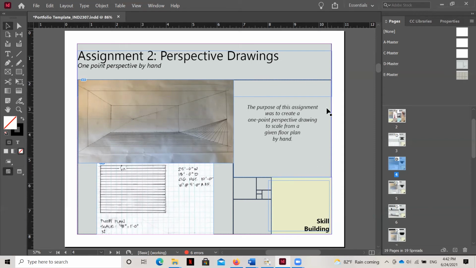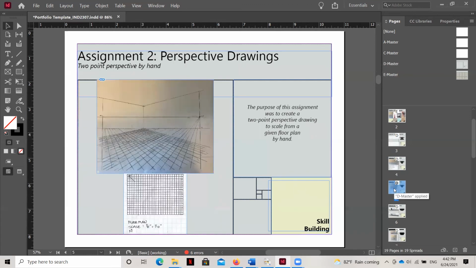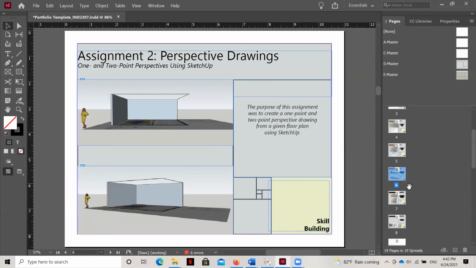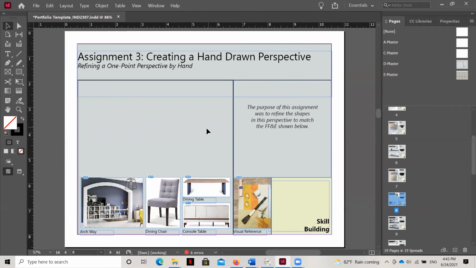I've used this box to create a text box where I can start to explain the purpose of each assignment. And you can see here, this is the biggest box, and this is what I'm using to show the actual assignment itself. And so as I go through pages, you can see there's a consistency there, and that's what the grid is for. If I go down here, you can see this is waiting to place a perspective in here, and I'll show you how to place images in a little bit, but actually in a later video.